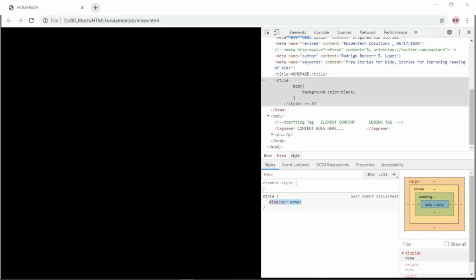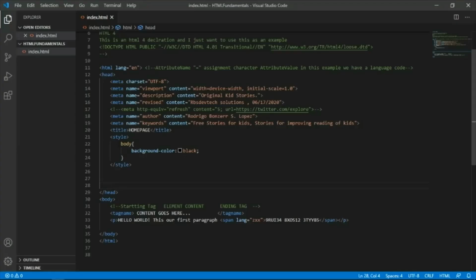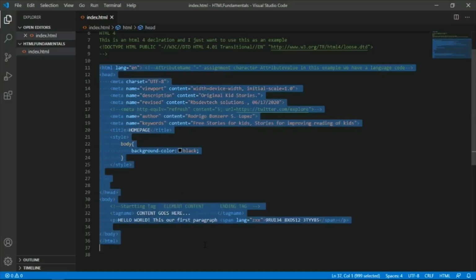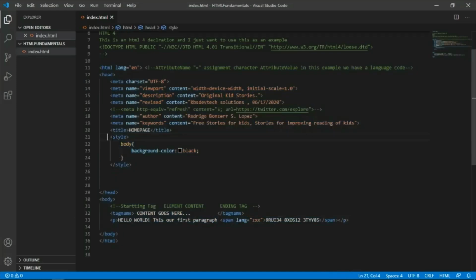A key thing to remember here is that this is not the best way to use style sheets. I'm just doing this in this example because I want to introduce to you this style tag, so at least you will be aware that you can implement embedded style sheets inside of your HTML document. This is not advisable because what we commonly do is include an external style sheet so that we can separate the HTML from the CSS from the JavaScript. That is the best way that is recommended by a lot of developers,